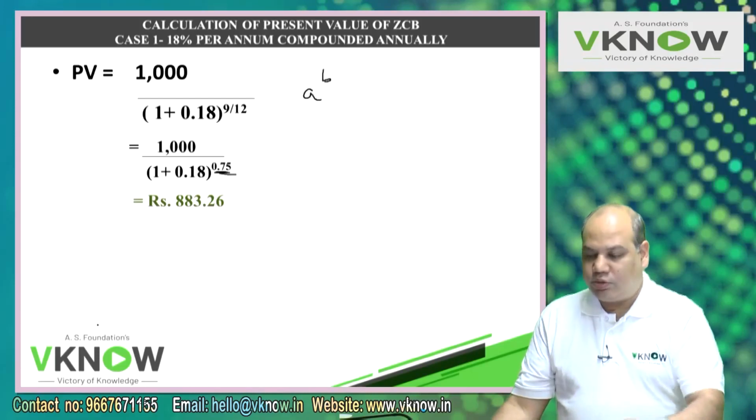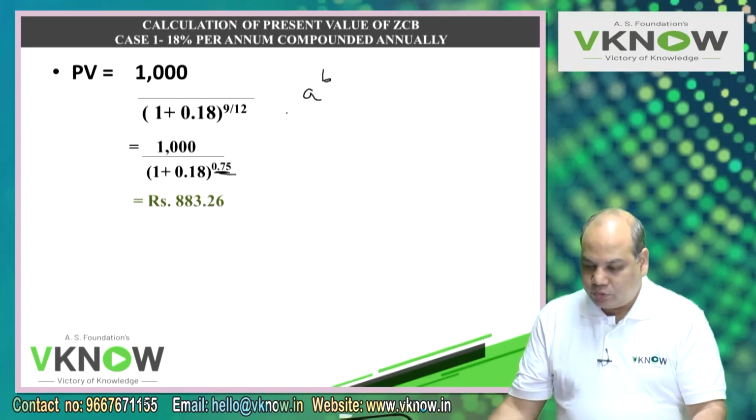Suppose there is a number a to the power b. Here a means 1.18 and b means 0.75. So write down 5 steps. I will dictate, please write. Step 1, write down,